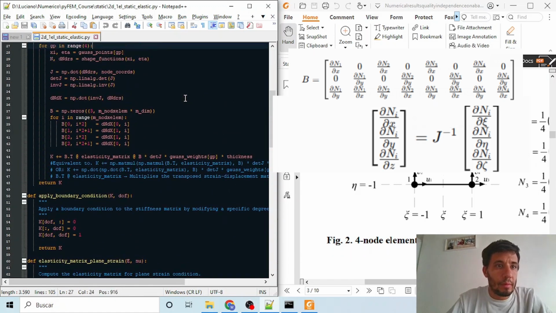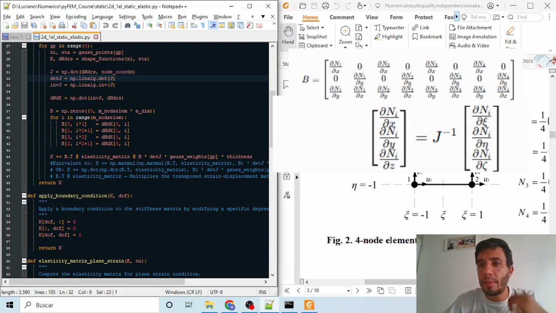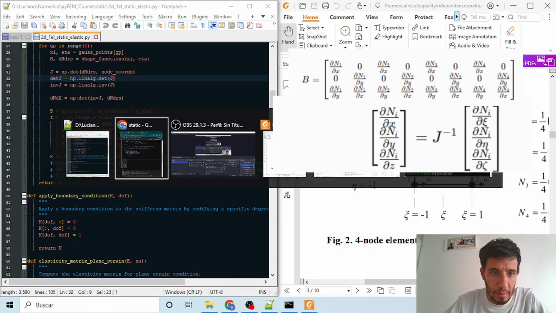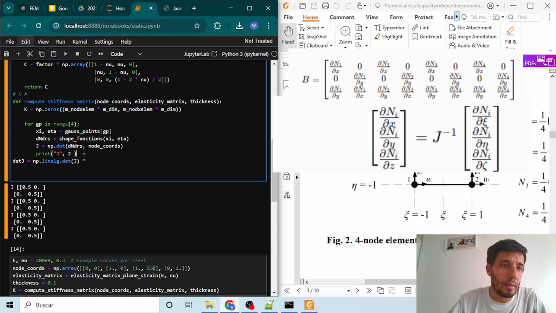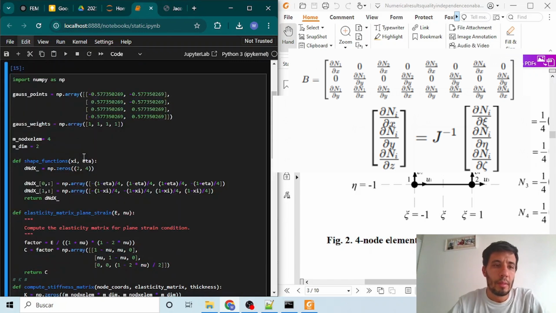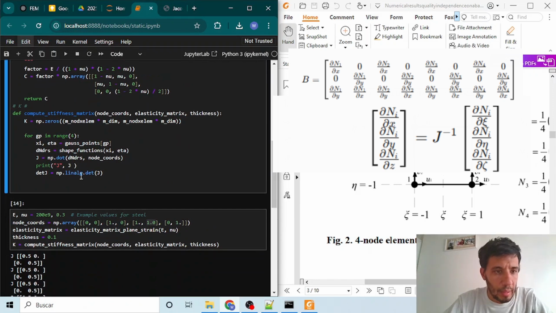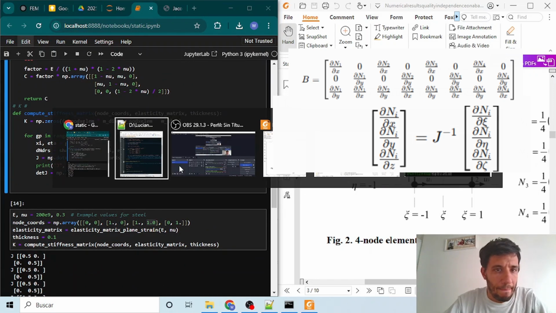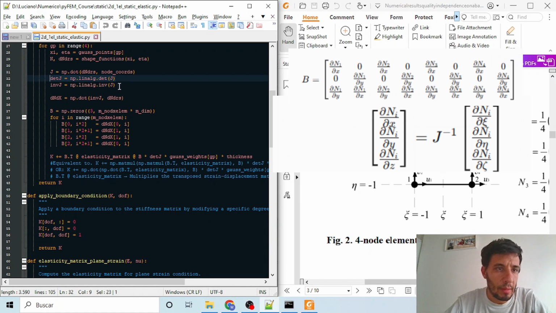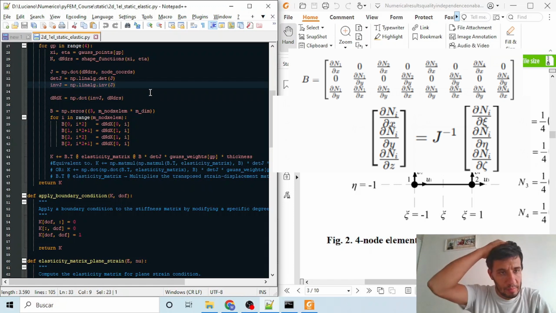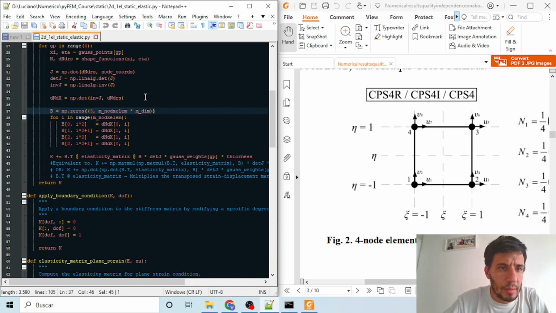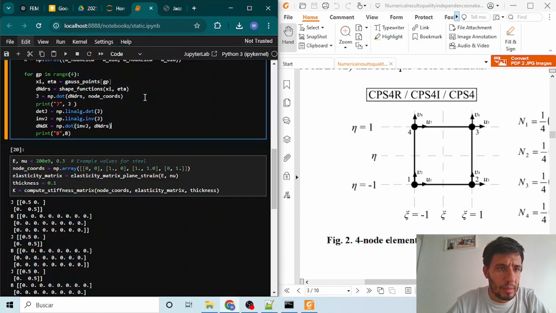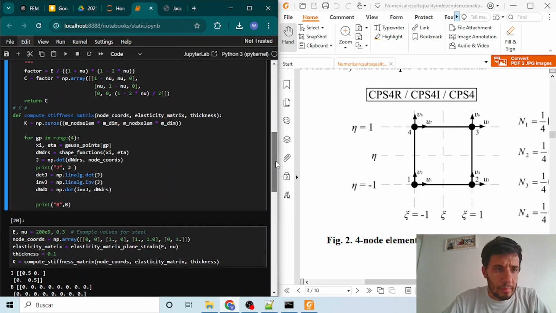When we obtain J, the next step is to obtain the determinant of the Jacobian matrix in order to perform our Gauss integral, which relates this space with the global space. I think later I will be defining or remembering how our Gauss integration works. So I will put it on the screen maybe, and later we invert our J. Once we have obtained these derivatives, which is here, I can now bring them.